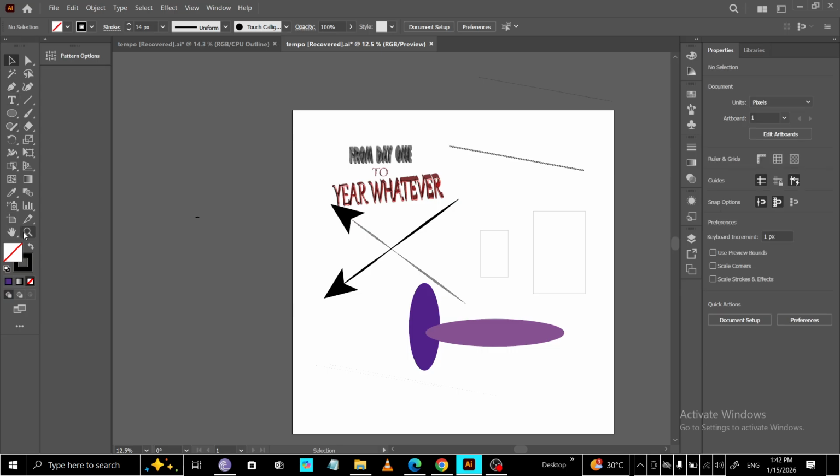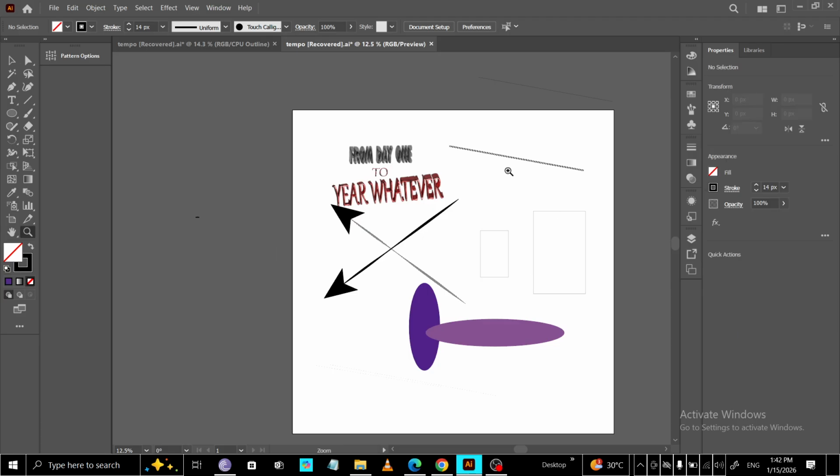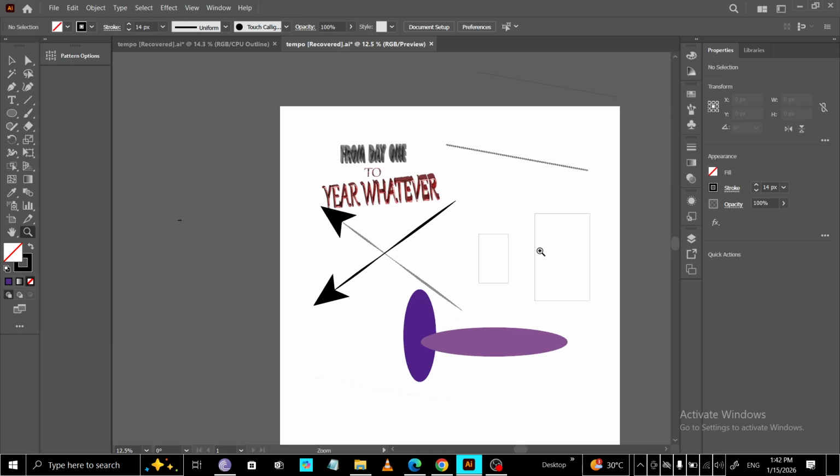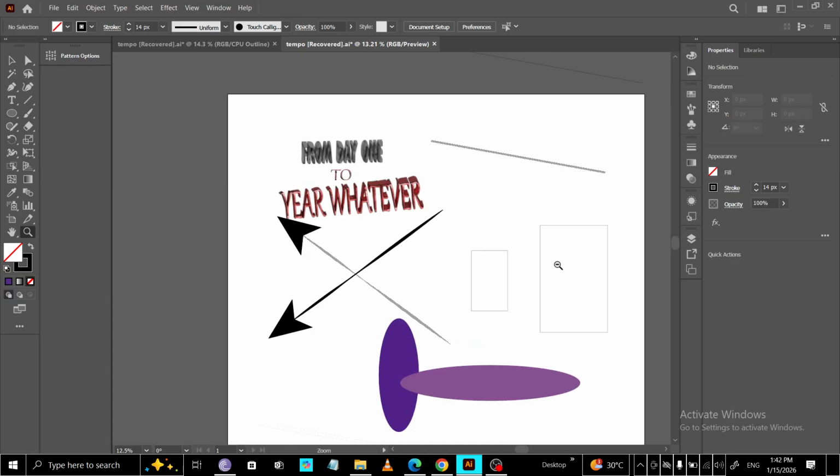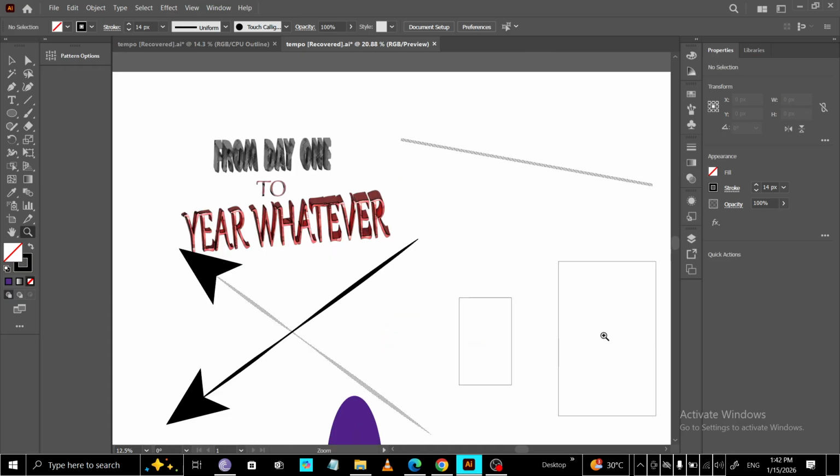Also remember that these dotted strokes work on any path, shapes, pen-drawn lines, or outlines, so you can apply the same settings across different elements for a consistent style. And that's it. Select your object, open the stroke panel, enable dashed line, set dash to 0, set your gap, and adjust stroke weight to taste. Simple, flexible,